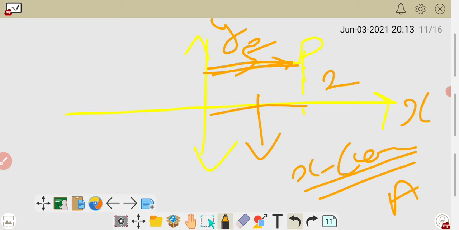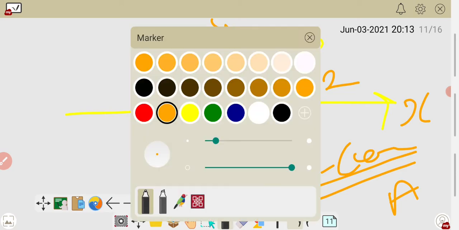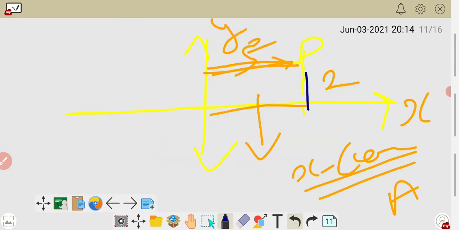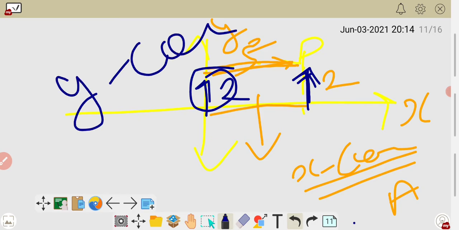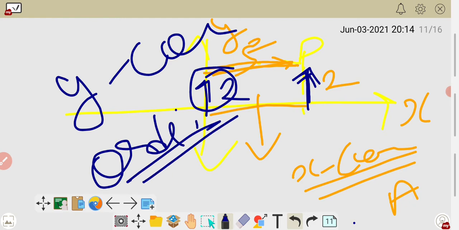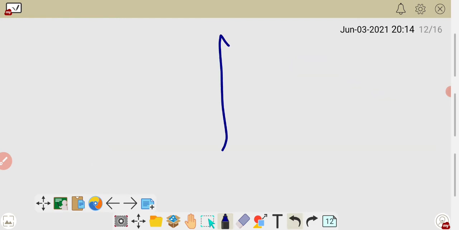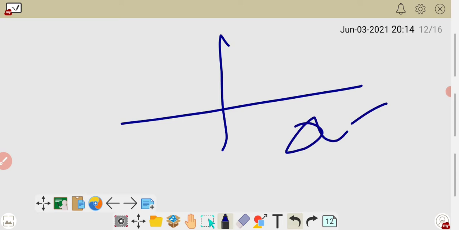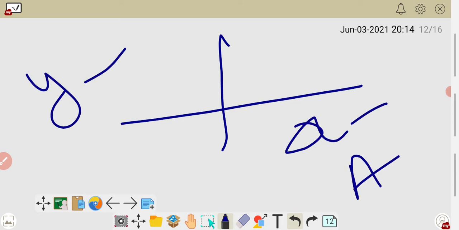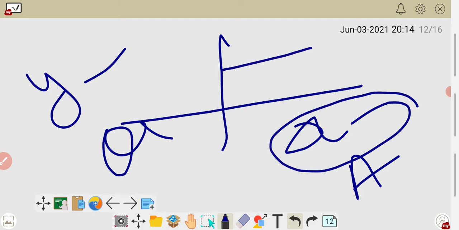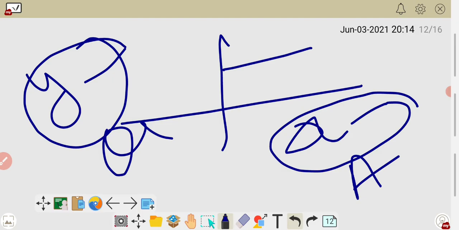Now just measure from the x axis. From the x axis you have to measure in that direction. That value is 2. So this is known as the y coordinate, or you can say this is known as ordinate only. So what do you understand now? The x coordinate is also known as abscissa, the y coordinate is also known as ordinate, and the x coordinate means the value from the y axis, and the y coordinate means the value from the x axis.